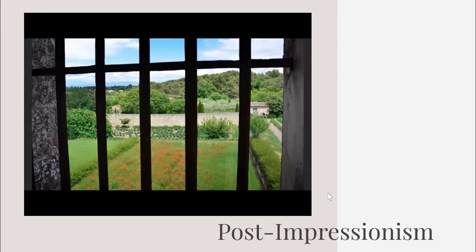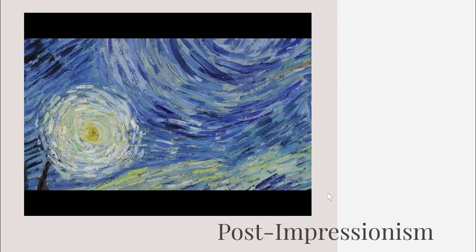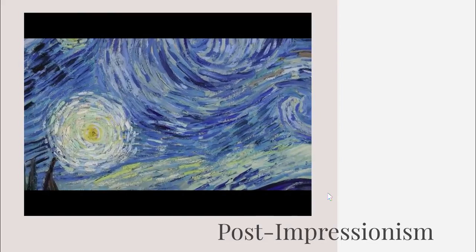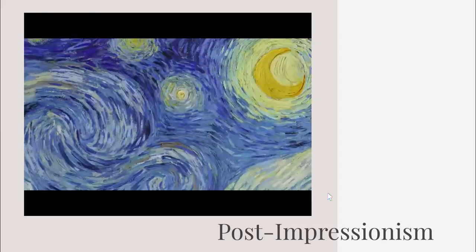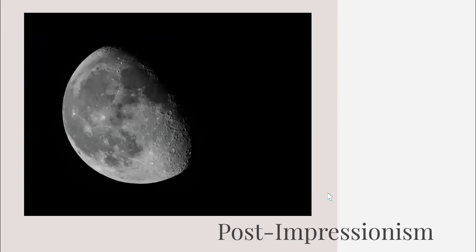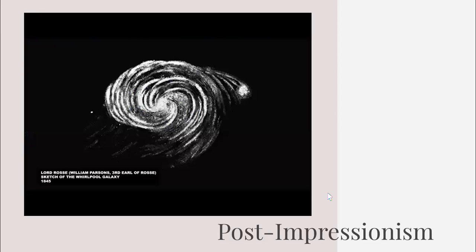He couldn't see the town from his window, and even if he could, the steeple didn't look like the one he painted, which bears closer resemblance to the steeples of his native Holland. The morning star is probably Venus, which he could have seen, but at the time the moon was unlikely to have been a crescent, but instead a waning gibbous. The dramatic swirling patterns in the sky, which dominate the canvas, do kind of sort of match then-published observations of spiral nebulae or galaxies, but they wouldn't have been visible to him.